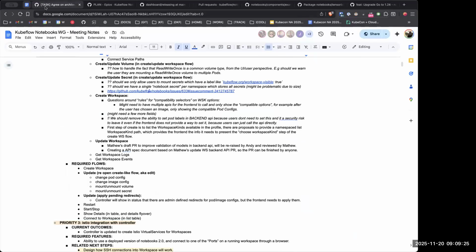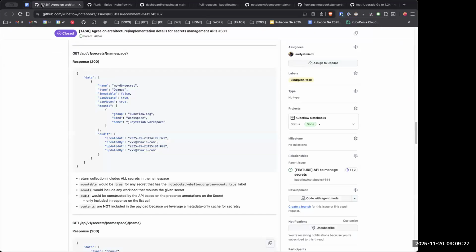We can display some of the more information even in the dropdown, like a subtitle, for example the type. We actually do display the type in there at the moment as a subtitle. Immutable, we can also display that.